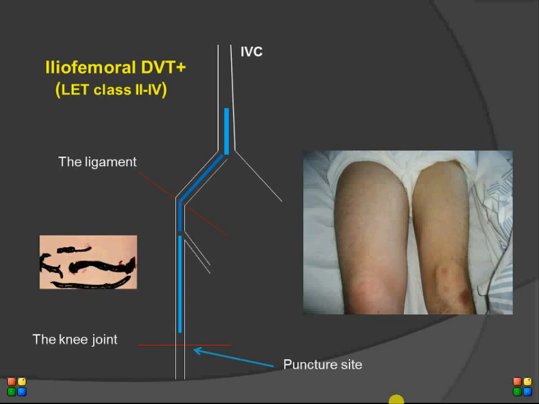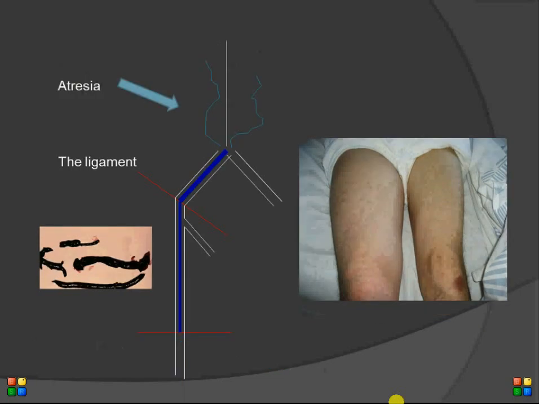Most of us are puncturing the popliteal vein, not the knee joint. That's the easiest way. Some are puncturing at the foot in the tibial vein. That's more difficult. And remember, we have 6 crural vessels, and we are maybe puncturing only 1 at the foot. So there are some problems when we have crural involvement, like in this case. But we also have cases with cava atresia to treat, and this is not a problem. I will come back to that.